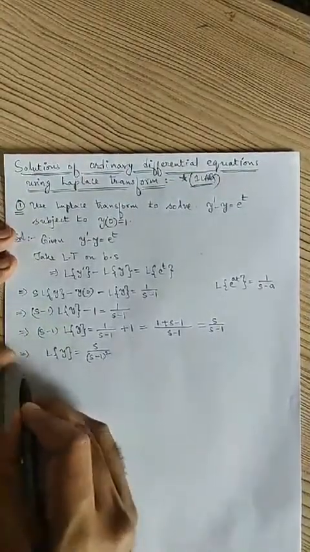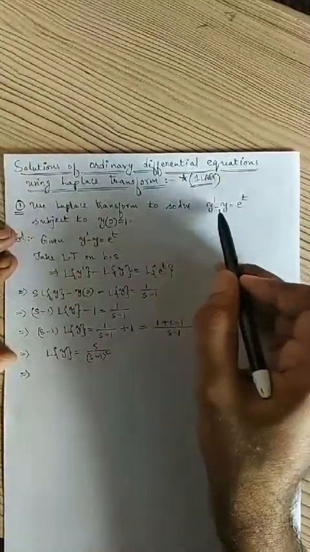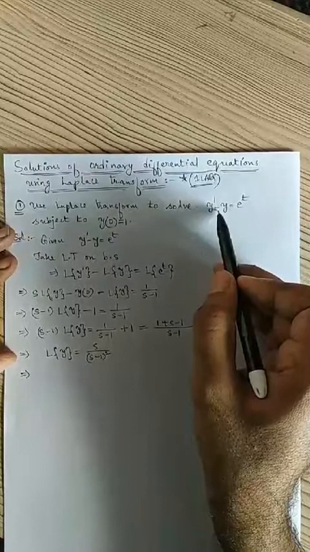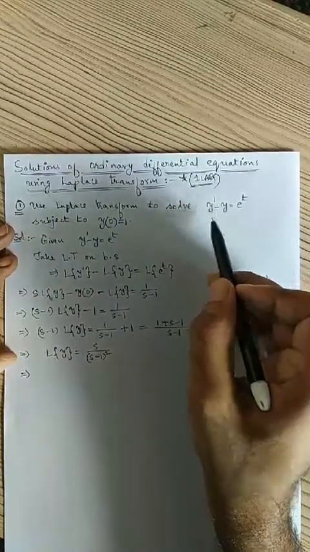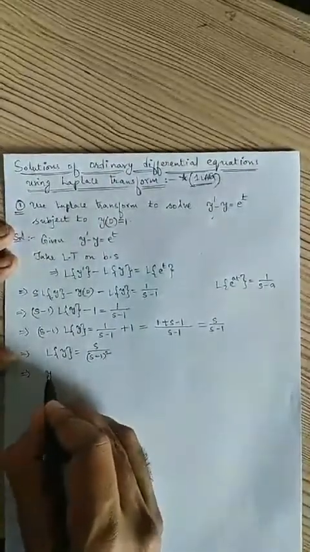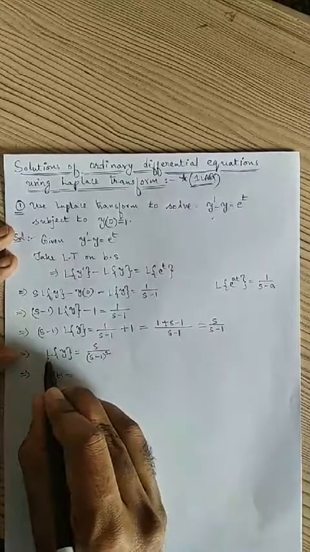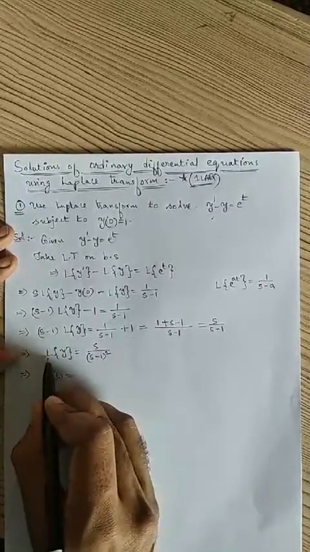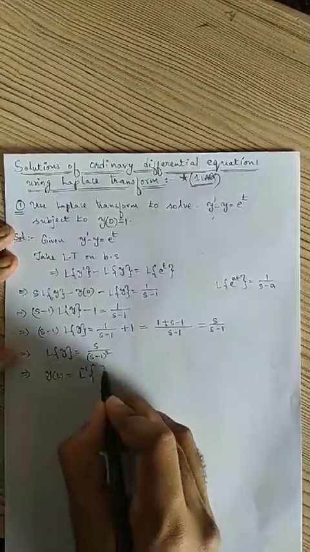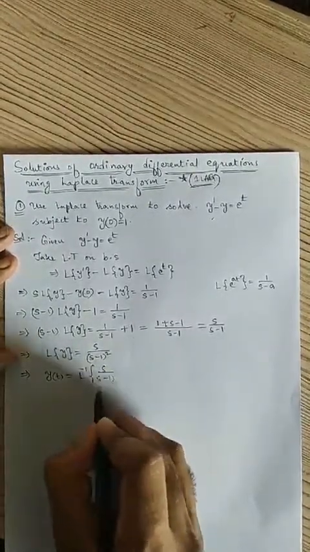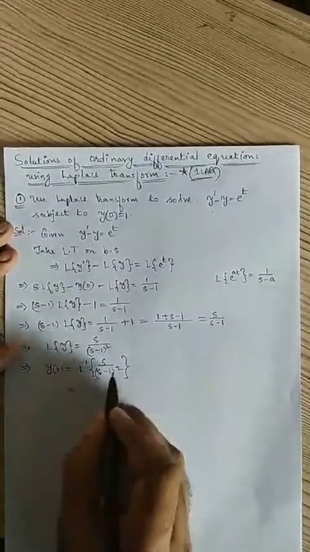Right? Now what we want, actually solve means we have to find the general solution of this. We have to find y. Right? We have to find the solution of this. We have to find y. So y of t is given by, you take the Laplace transform this side. When we take the Laplace transform this side, it will be Laplace inverse of s by s minus 1 whole square.